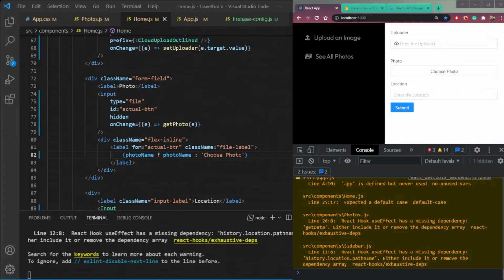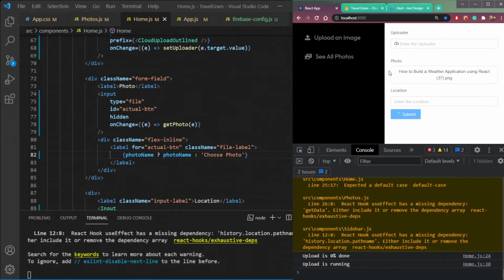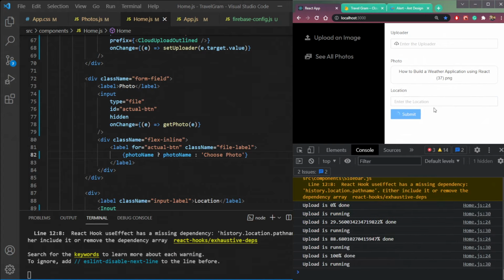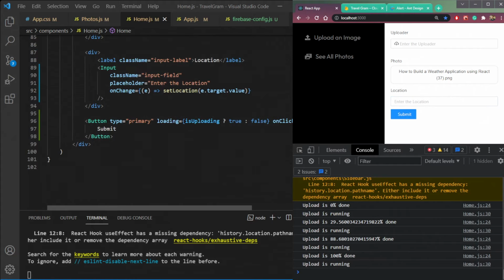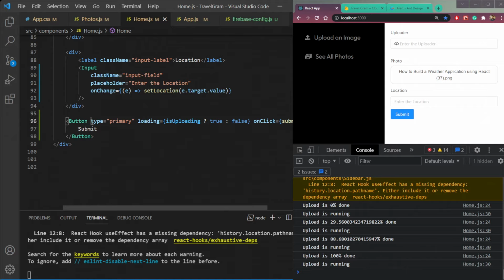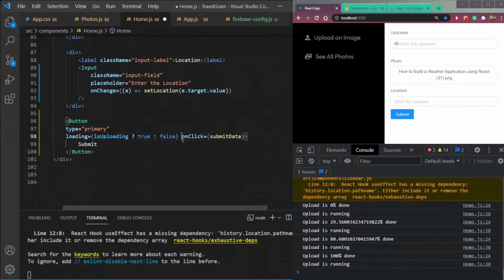Now let's try this function. Click some image and see the image name is coming here, and it's being uploaded. Okay, we need to do one last thing in our UI.